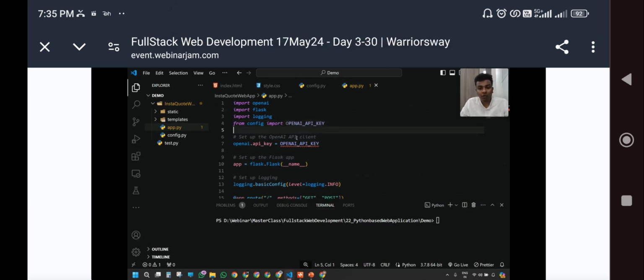This is how we call that OpenAI API key from our config program.